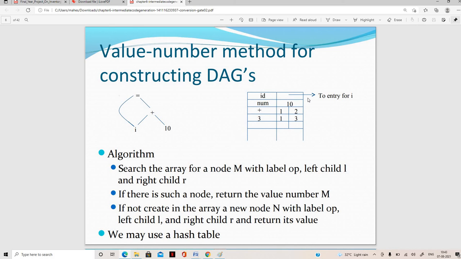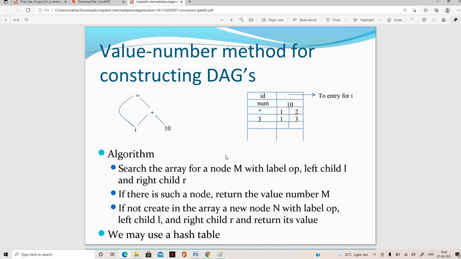So here I am taking the ID entry for I. Num is one thing which is having 10. Plus is an operator which is having two values. So 3 means it is a digit which is having 3 values.